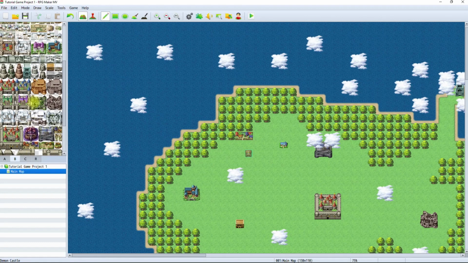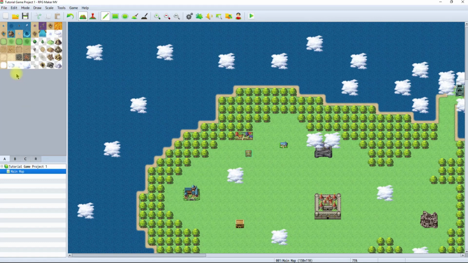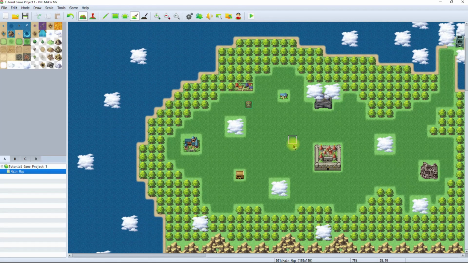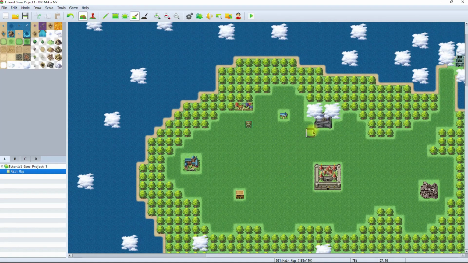What I'm going to do is we're going to go back to the tile set of the elements, where you create the actual land, and let us use the fill tool, and let's get rid of the clouds. Let's see if the clouds, yeah, let's